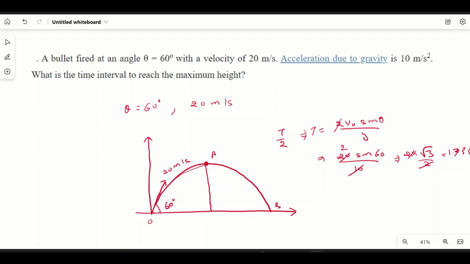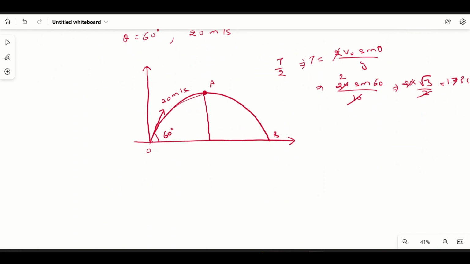Or we can also solve this problem by another method. Let's see. We cannot use the formula. If you don't want to use the formula, or you don't remember the formula, then you can get the components of this velocity: 20 into horizontal, 20 cos 60 and 20 sine 60. Okay, and you know the formula of motion, which is